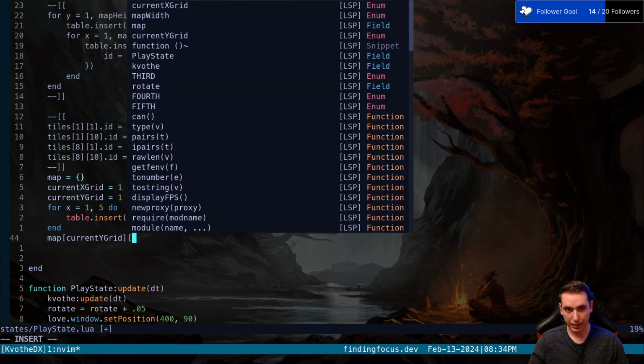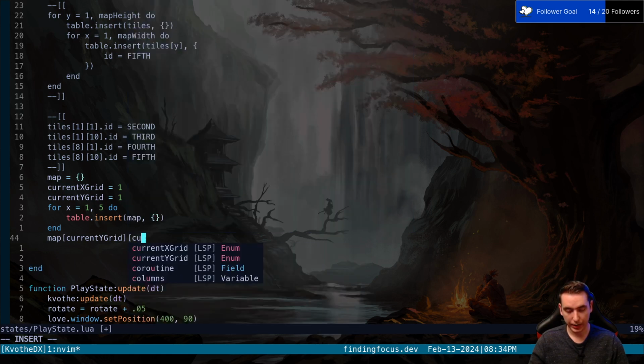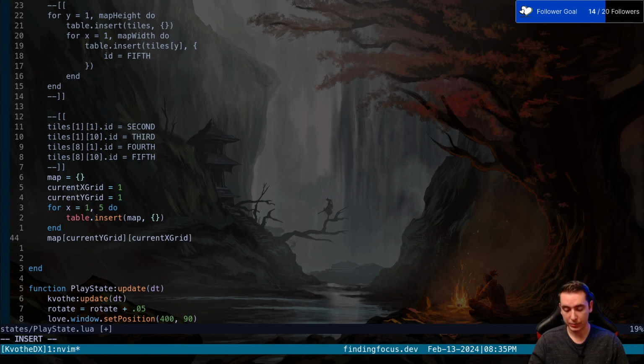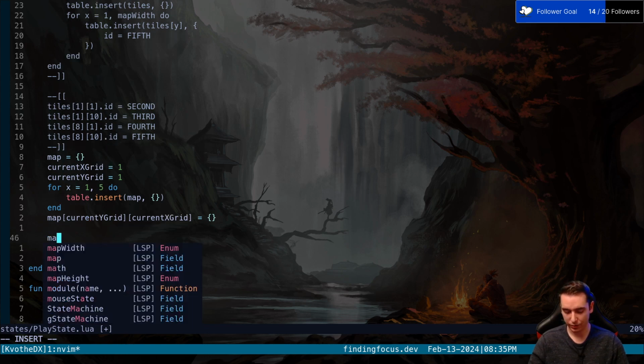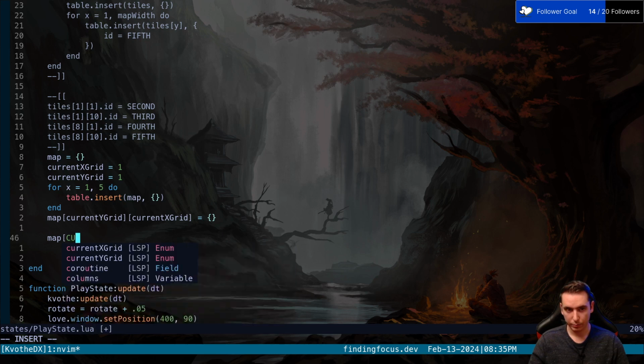So we'll say map at current Y grid and current X grid will now get assigned to be an empty table, because we have to be able to hold a tile ID inside this two-dimensional array. So we'll give ourselves that empty table, and then what we can do is, I guess we don't have to initialize it empty. We could just initialize it straight up, but I'm going to keep it like that because we want to test